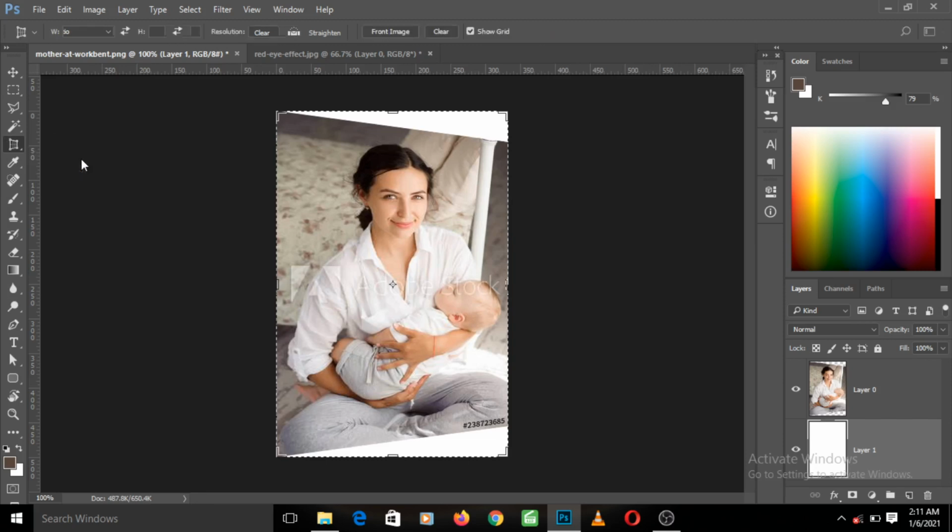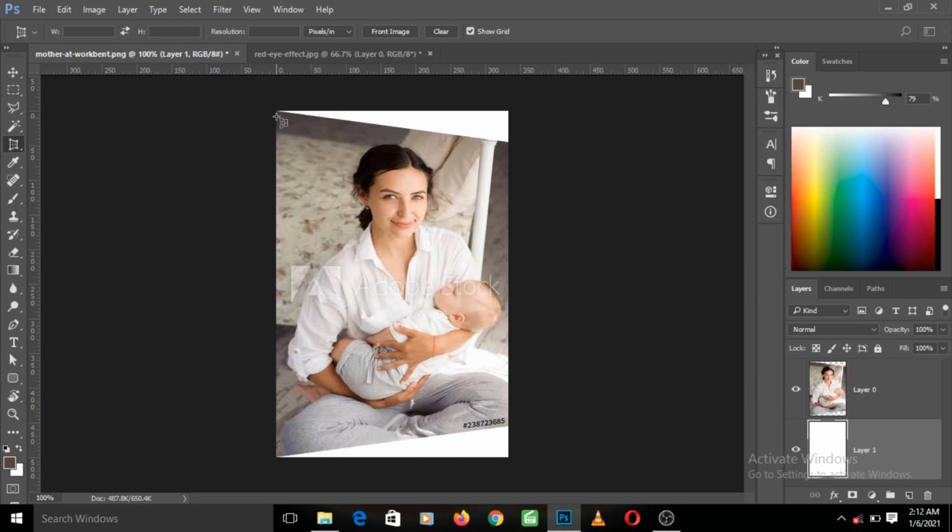Now if I left click on it, okay, now as we want to use this perspective crop tool, notice our image is bent. Take note that it's in a certain kind of perspective. It's not perfectly straight, it is bent. Okay, so what if we wanted to crop this image in a way that we want it to look straightened? That's when we use the perspective crop tool.